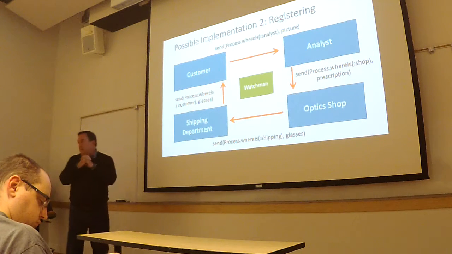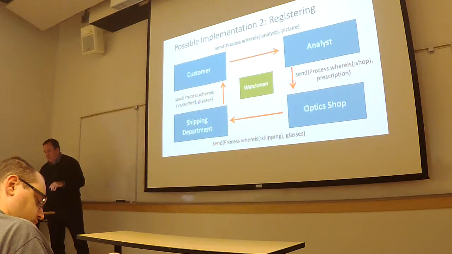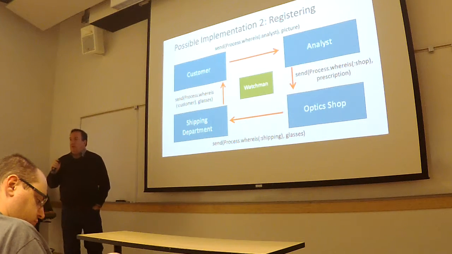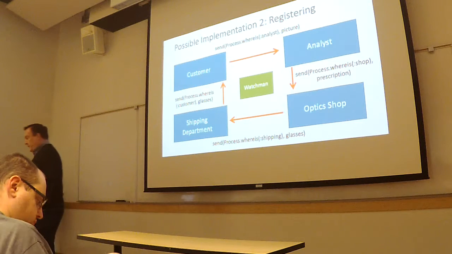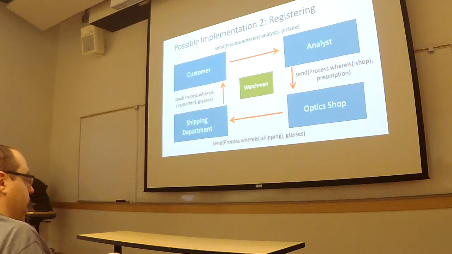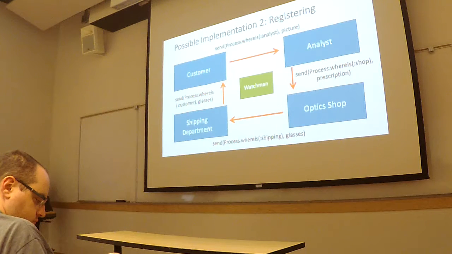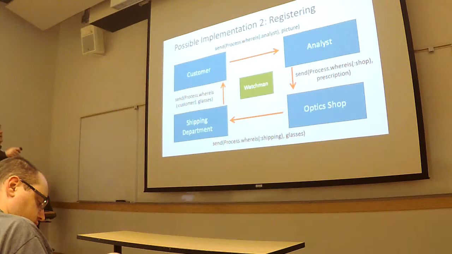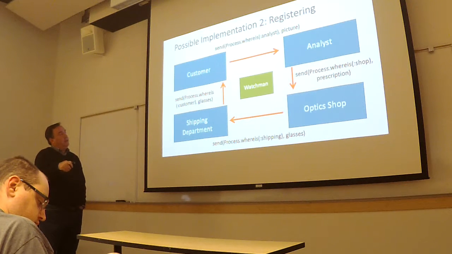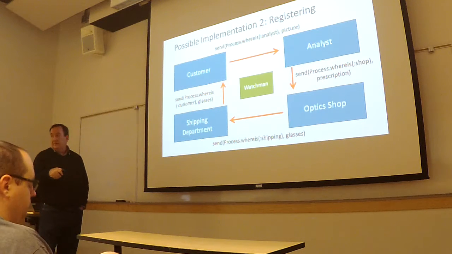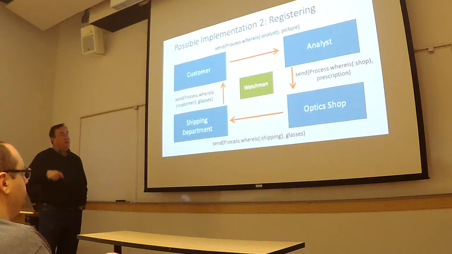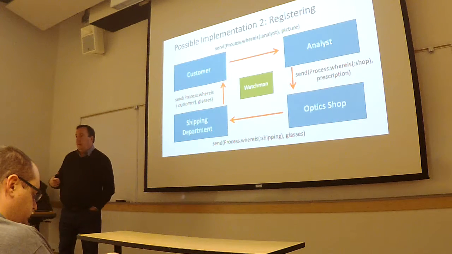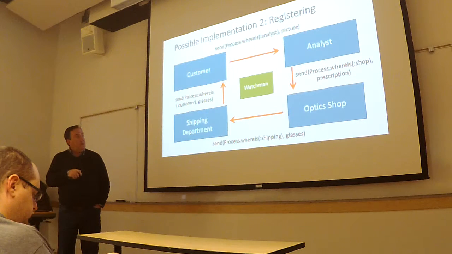So first off, the process ID passing. We're not going to simply pass raw process IDs anymore. We'll look up where a particular named process lives, using the process registry, and then we'll send that ID. So instead of saying send to some process ID that's for the analyst, I would say send to the process ID that I get by asking where is the analyst. So I'll say where is the analyst, it gives me back the current process ID for the analyst, and I'll send it, again, the picture.